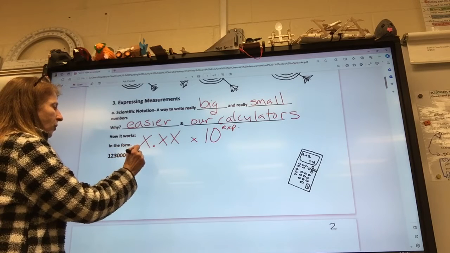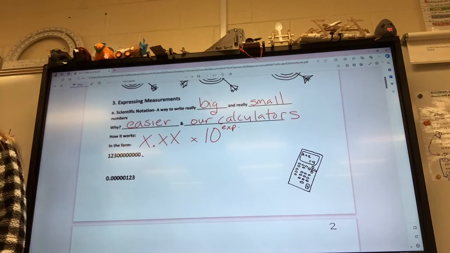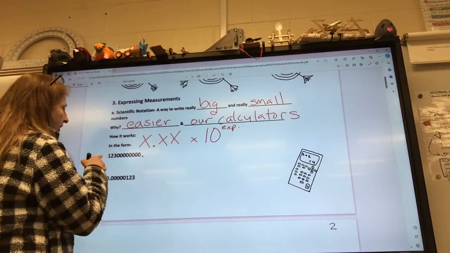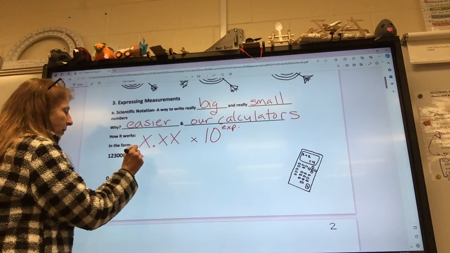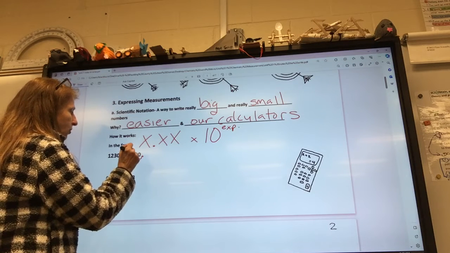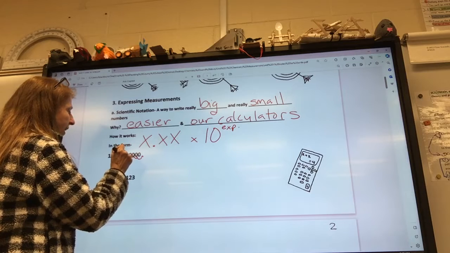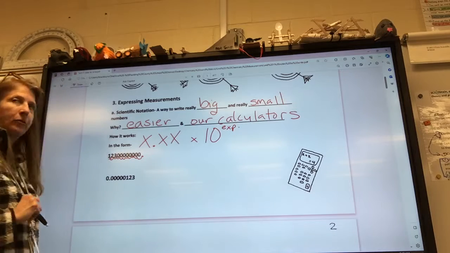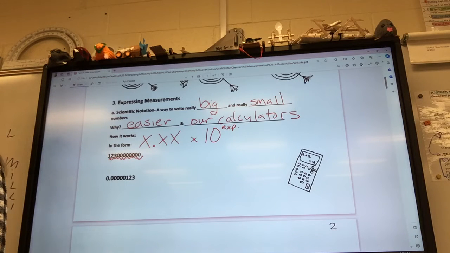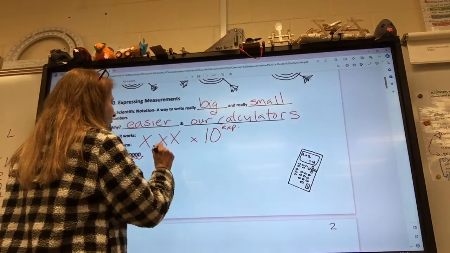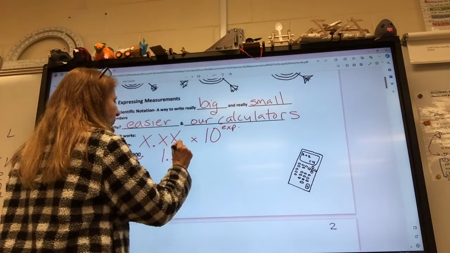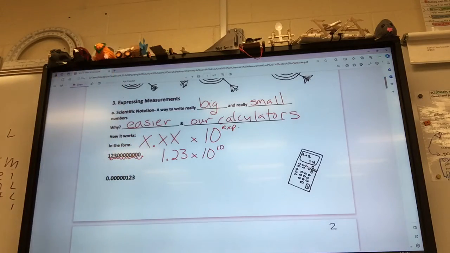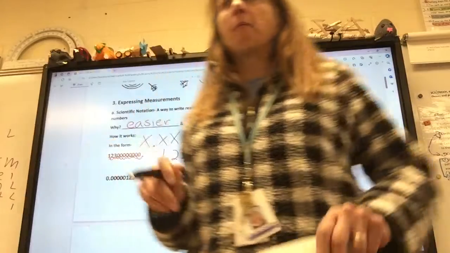So there is a decimal understood to be right there. What we do is we frog hop the decimal to its proper place. So it's got to go right behind the 1. So we hop it over there. 1, 2, 3, 4, 5, 6, 7, 8, 9, 10 frog hops. Does everybody see how that was 10 frog hops to get there? So now we write the number 1.23 times 10 to the 10th power. Okay, how do we feel about that?